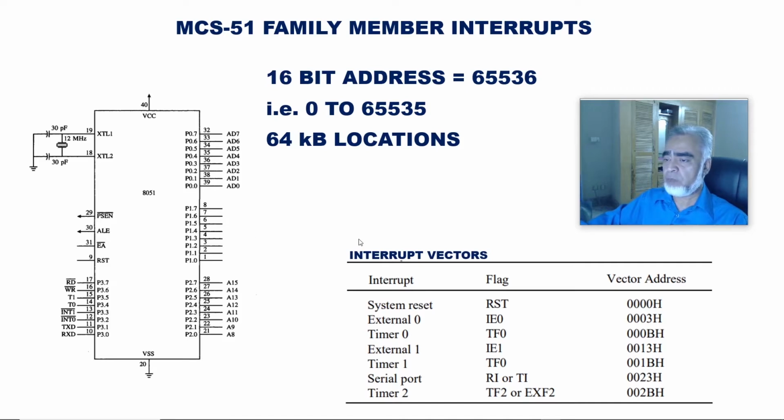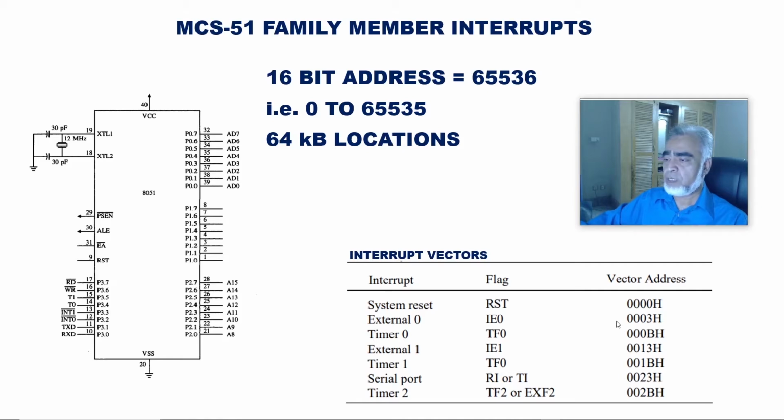In our last program which we wrote in our previous session, we used the address 00H, because this address is reserved for the reset location. If the reset pin is high, then the address counter will jump to the 00 location and start our program from the 00 location. Then we have not used these locations, that is 03, 0B, 13, 1B, 23 and 2B, because these locations are reserved for different types of interrupts.